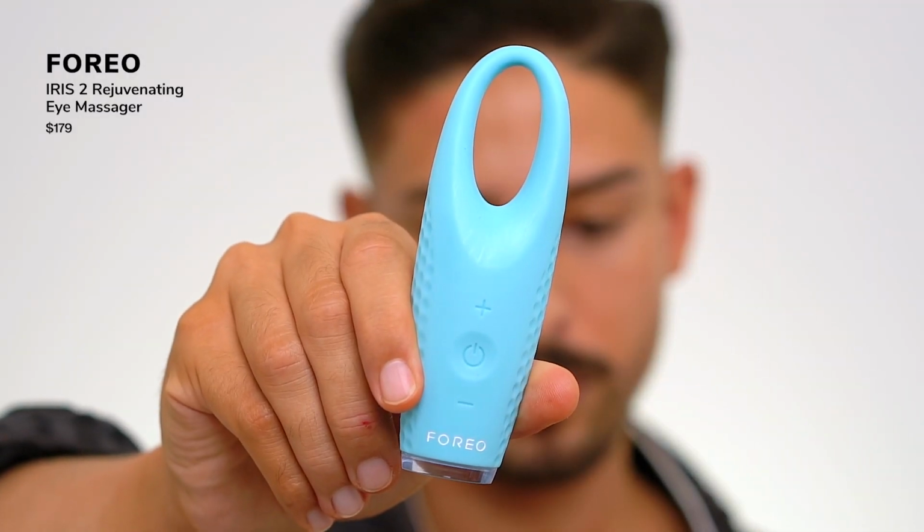So I always talk about how I love a skincare device. I think that they are the epitome of being extra and doing the most for the routine. But for me, that's also an element of self-care, which I really do appreciate. So the Iris 2 is an eye massager. And how that works is basically, it helps to massage the eye area, it helps to work the product in,